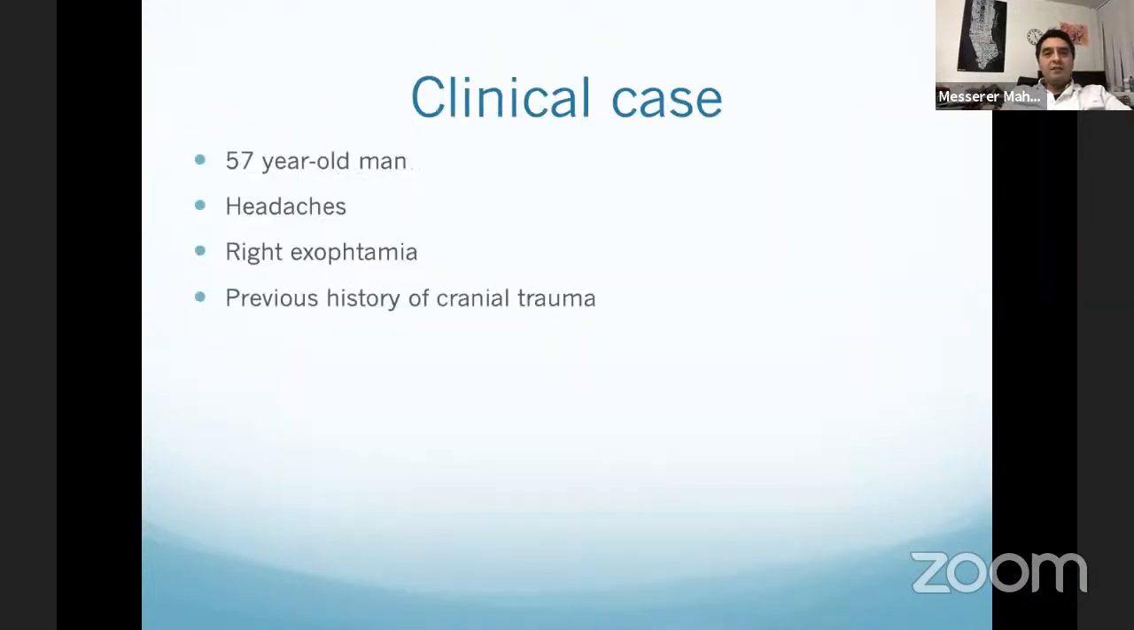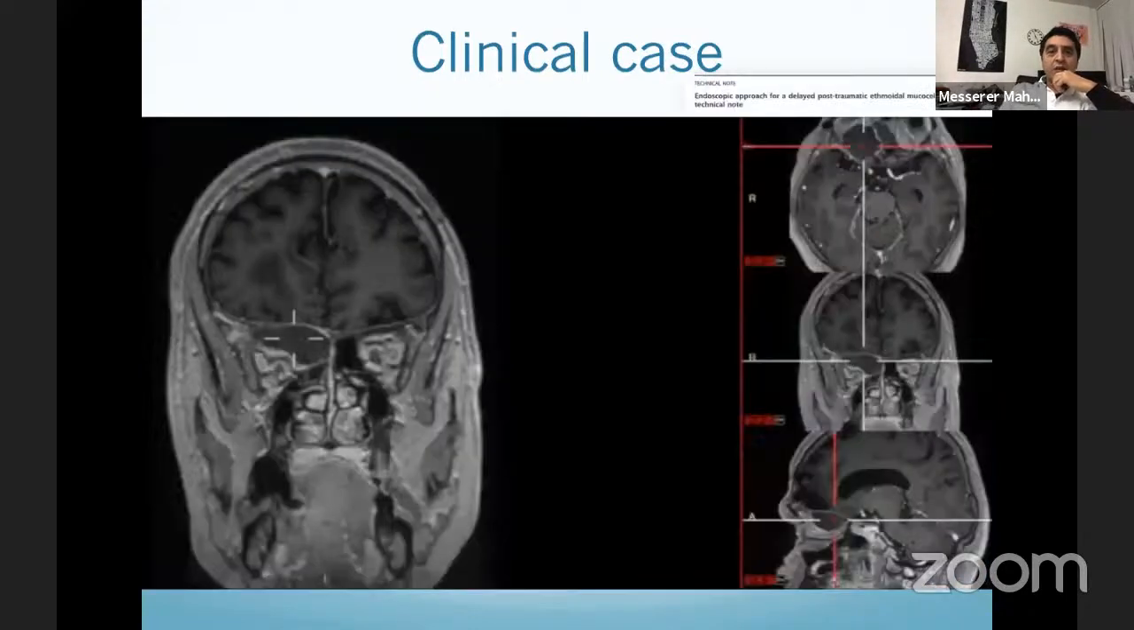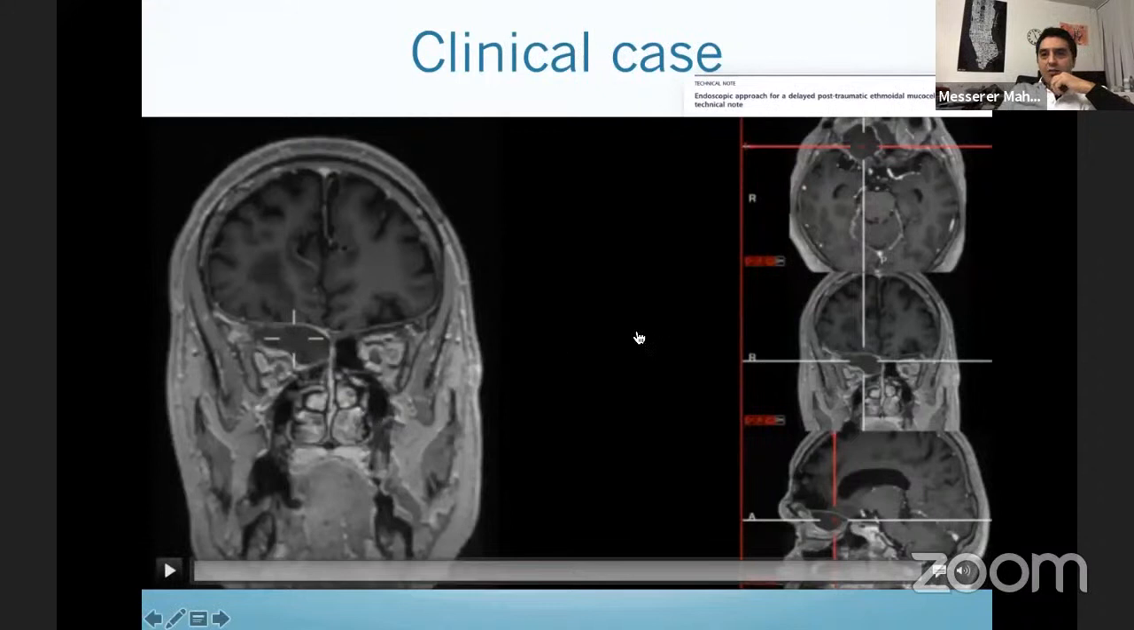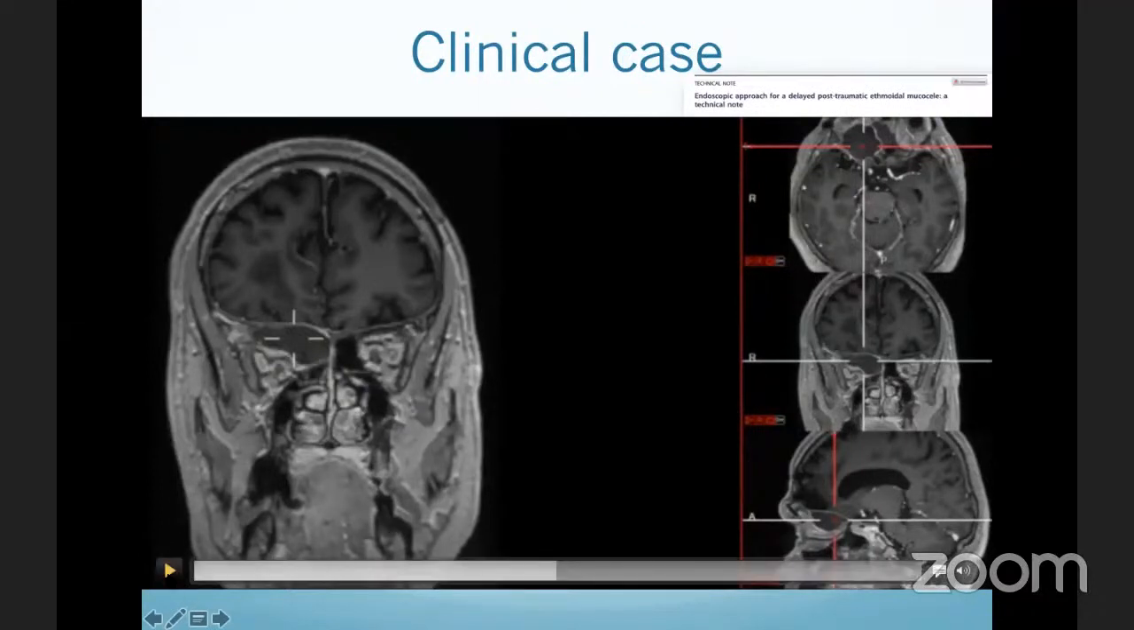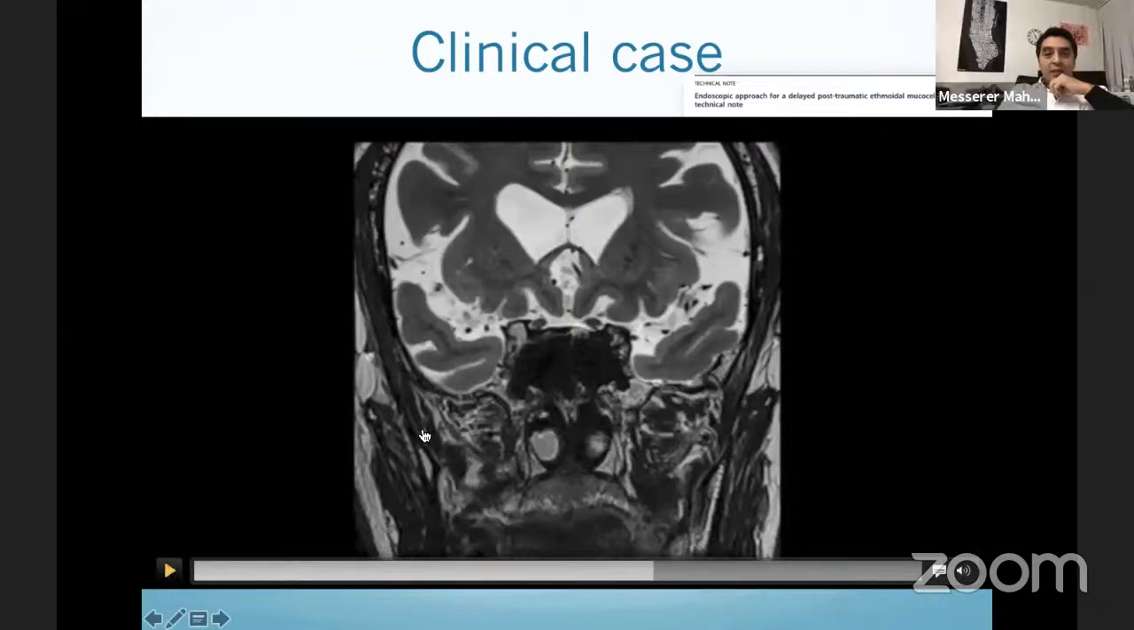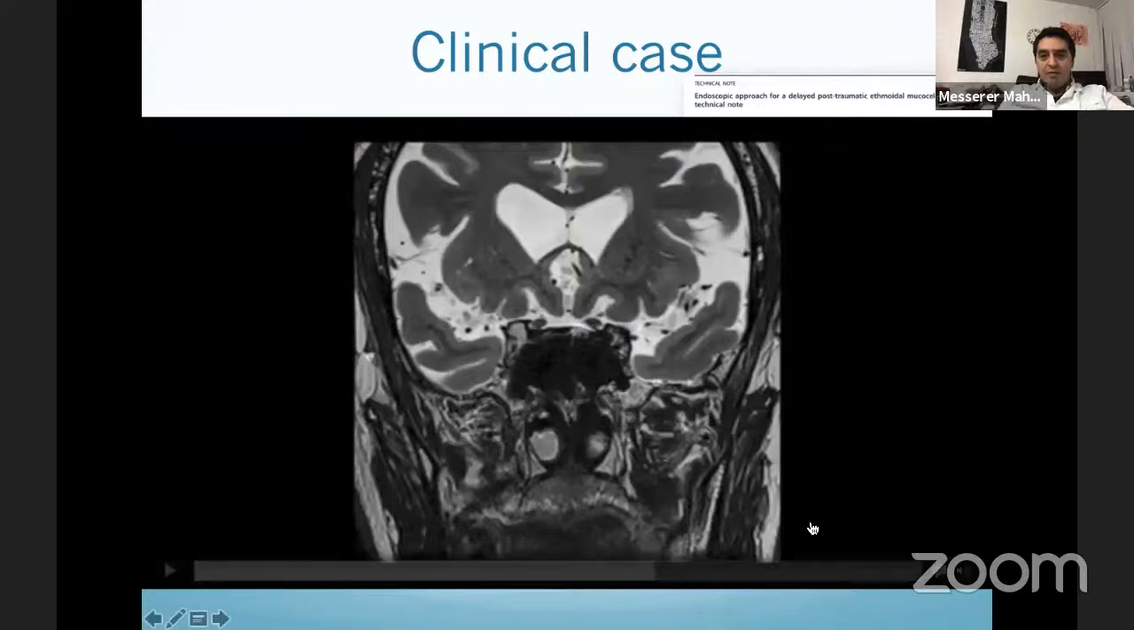Another case, a 57-year-old man. He came for headaches and right exophthalmia, and we noted in his previous history a cranial trauma 15 years ago. So we did the MRI, and we see in this MRI a collection inside the posterior and the anterior ethmoid cells, but the pitfall here is to individualize the trajectory of the optic nerve. We see here the optic nerve, and when we follow this optic nerve,